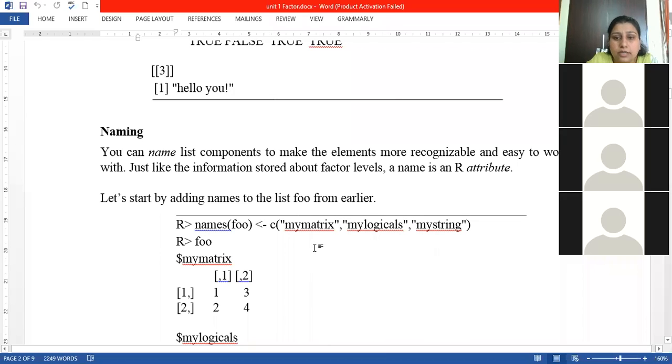So whatever values you have already stored into the list, it will by default be assigned with these names which you have provided now. Now, if you want to print this list object, what happens?